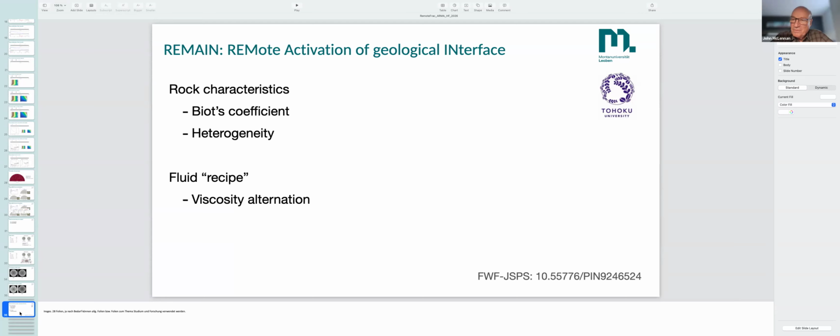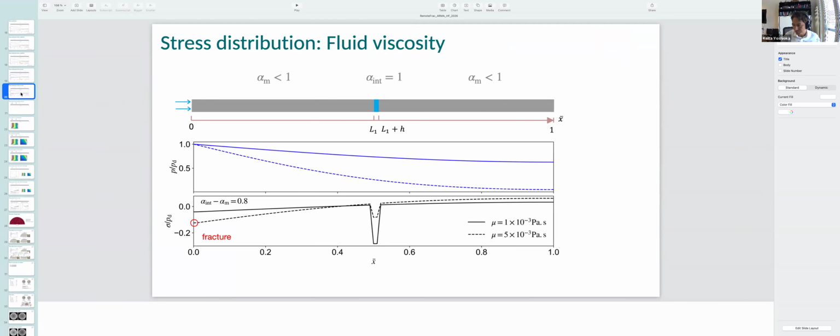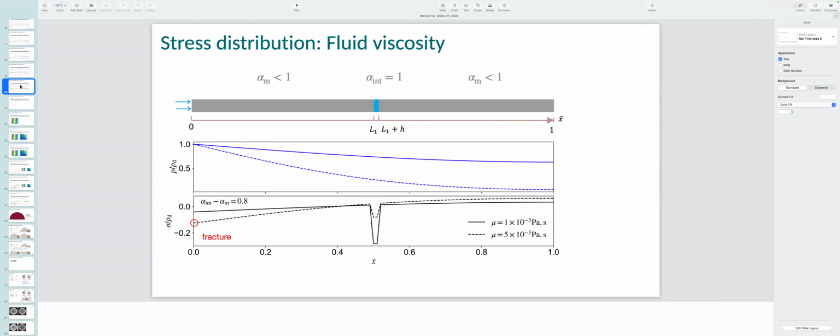So just for one member of the audience, Professor Kim, in a few words, can you just summarize once again why the fracture does not propagate from the borehole? Okay, so if the fluid viscosity is very, very low, you cannot generate enough pressure at the injection point. So that's why the fracture will not initiate out of the borehole, but